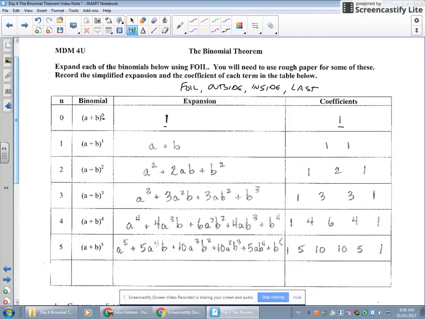When I have a plus b to the power of 1, that is simply a plus b. Here's where we're going to be using our FOIL. a plus b squared is the same as saying a plus b times a plus b. FOIL says we multiply the first two, a and a, which gives me a squared. The outside two, a and b,